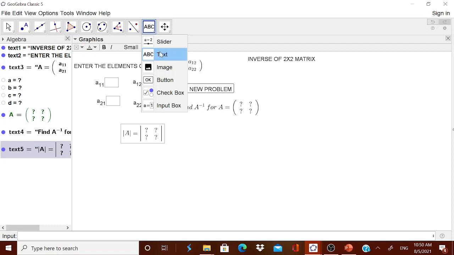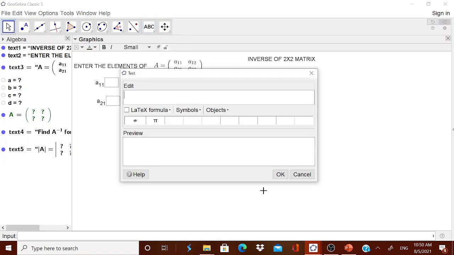It will be text is equal to AD minus BC. Once again put everything in brackets, because we don't know, we may enter negative values also.